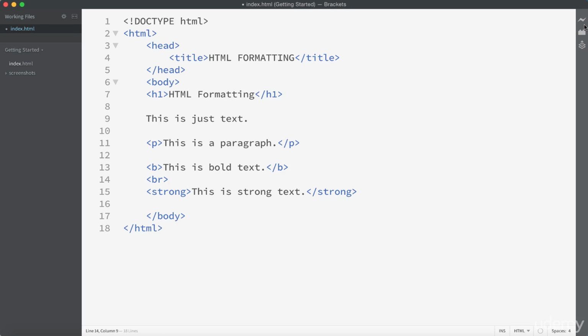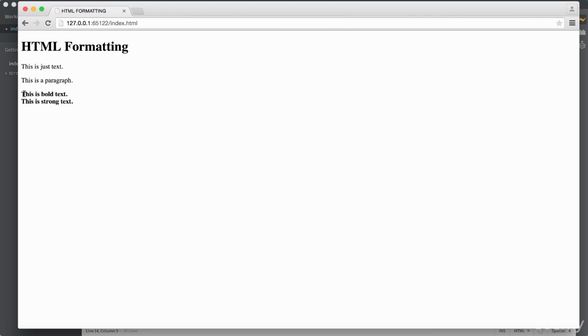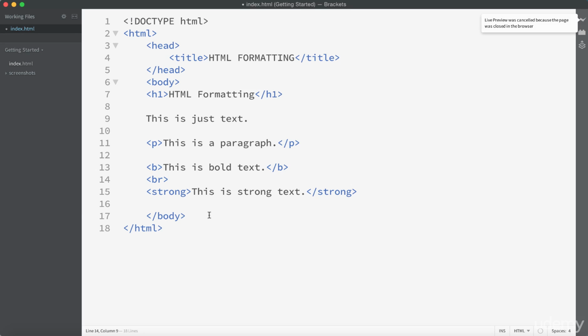So let's go ahead and really quickly live preview this once again so we can see now that those two lines, "this is bold text" and "this is strong text," are now on their own separate lines, although they do not have the same spacing as our paragraph text does. Now let's exit out one more time, and let's go through some more